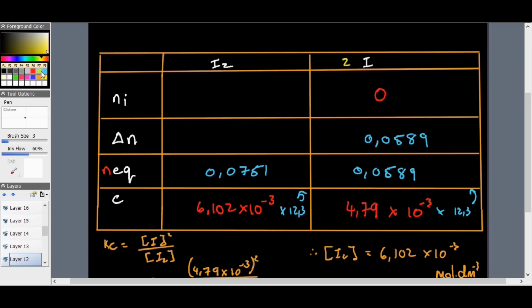It's 2I. So I had to use the mole ratio, just to say 0.0589 divided by 2 times 1. This would give you 0.0295. All right, there we go. 0.0295. And then if I take 0.0751,